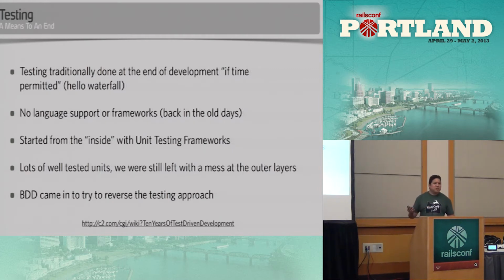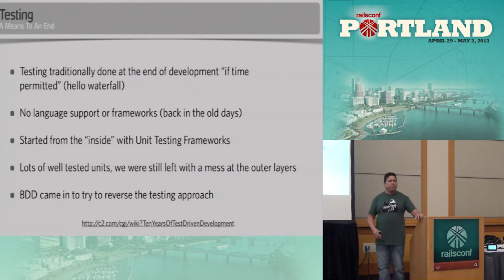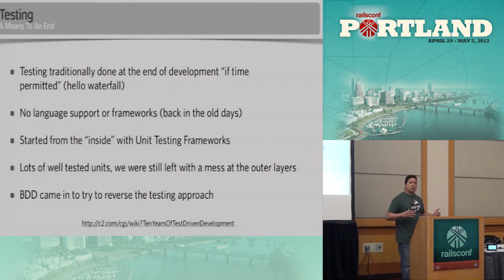This happened to me a lot in the Java world. We had tons and tons of models or business objects that were very well tested, but the controllers were a disaster because it was pretty hard, even after having a pretty well tested model layer, to test integration between the controllers and the models and the views. Well, let's not even talk about the views. That typically is the Vietnam of web applications. That's where you just throw your feet up in the air and say, forget it.